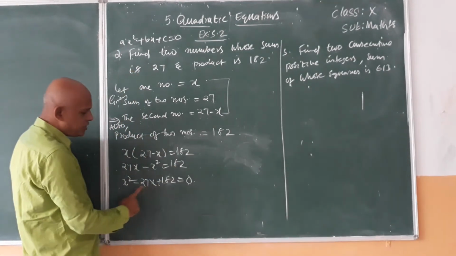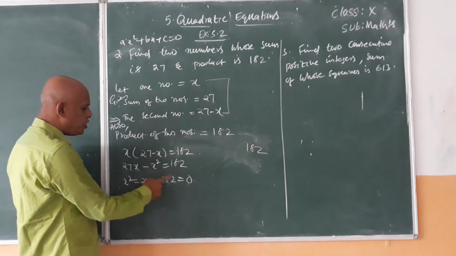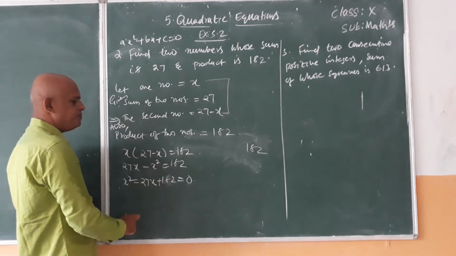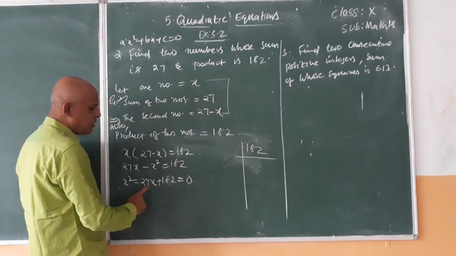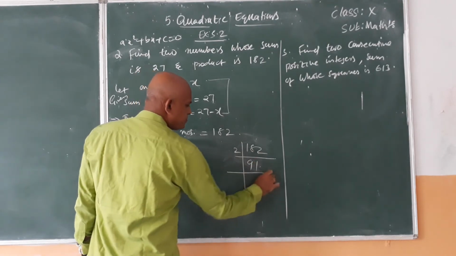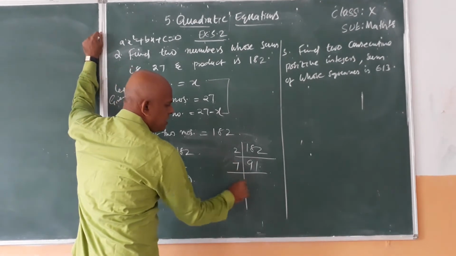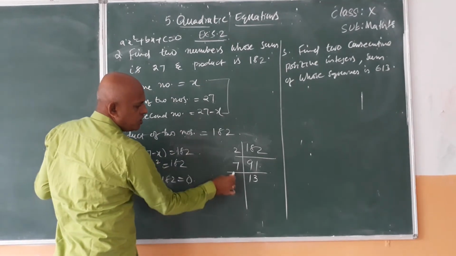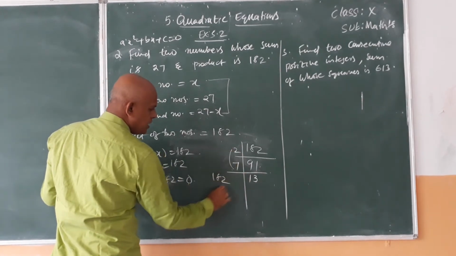Now for 182, we have to find the factors so that the sum or difference should be equal to 27. Because there is no x square coefficient, no need to multiply with the x square coefficient. Suppose it were 2x square, then 2 into 182 we would multiply. But here it is only 182. So we find the factors so that the sum or difference of two numbers should be equal to 27. 2 nines are 18, 2 ones are 2. And next, 13, 7: 7 ones are 7, 7 threes are 21. So here 2 sevens are 14, 7 twos are 14, 14 and 13 make 27. So this 182 can be written as this, one together number. Then what do you get?